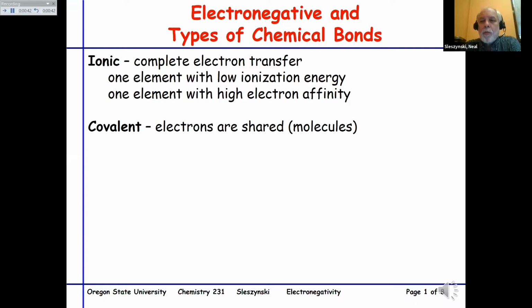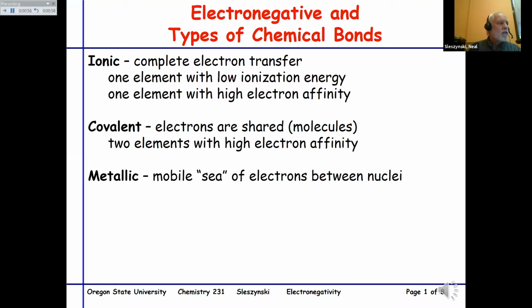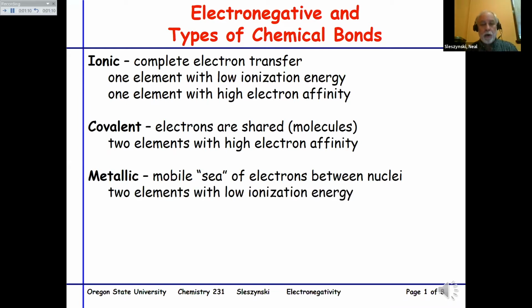When we have compounds that are covalently bound, electrons are shared in molecules, and typically we have two elements that both have high electron affinities, and both are eager to take electrons, not to give them up. And then finally, we have metallic compounds, which are sometimes referred to as having a sea of electrons between the nuclei. These are typically two elements with very low ionization energy, and electrons can very easily move in the